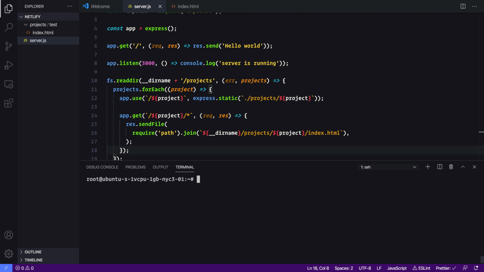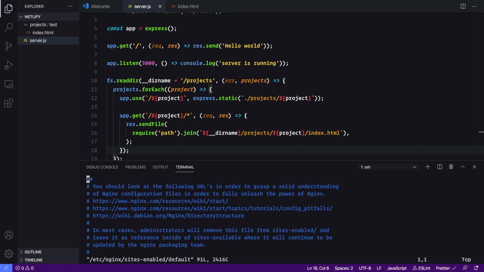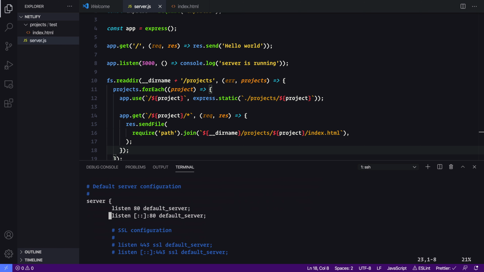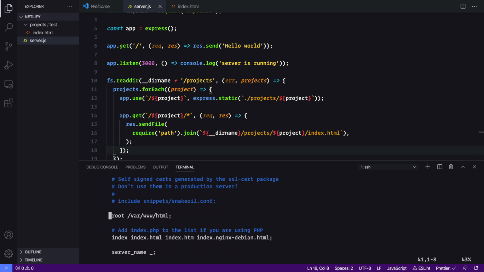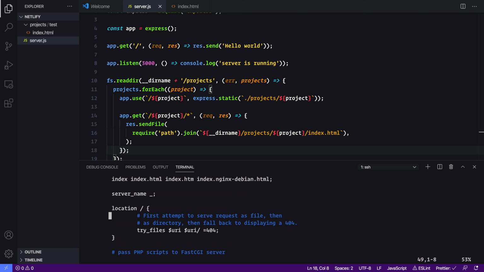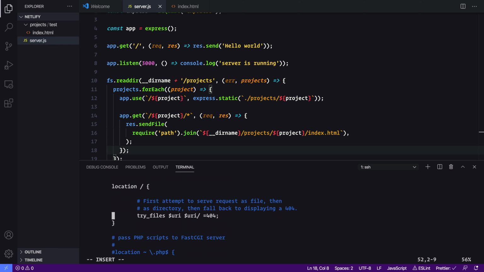So let's do that now. We'll type vim /etc/nginx/sites-enabled, and let's just edit our default. So let's come down here, and it's just by default listening on port 80. And we can see it right down here. It's saying root is /var/www/html, and this location just tries to load static files. All we need to change here is we just need to remove try_files,